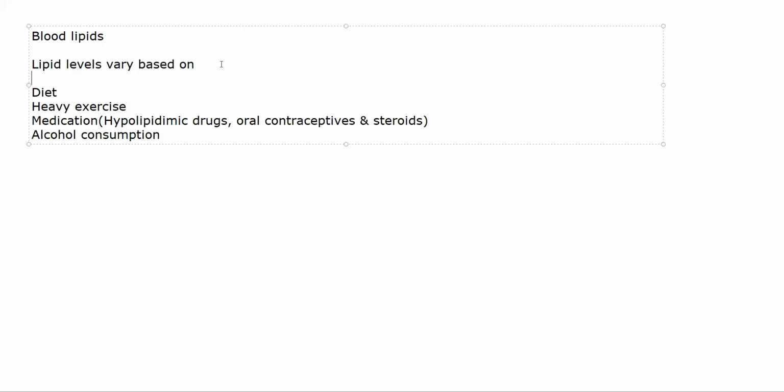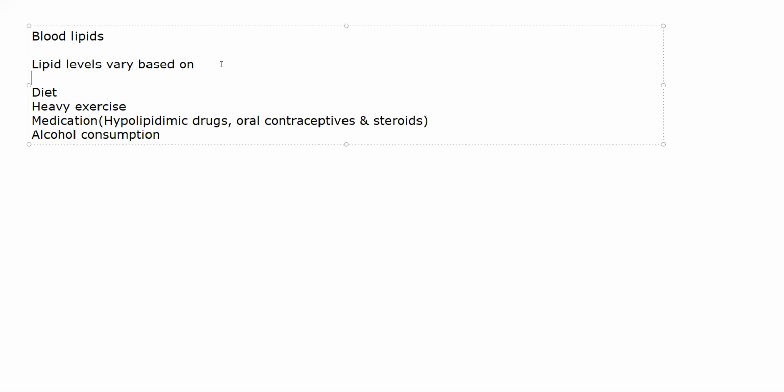That is where you will be able to find out their lipid levels at rest, normally. If they do any of these, let's suppose they stopped eating or they eat excessively, especially depending on what type of food they are eating, or they perform very heavy exercises, the lipid levels might vary, and you will get a false positive, or a skewed test result.